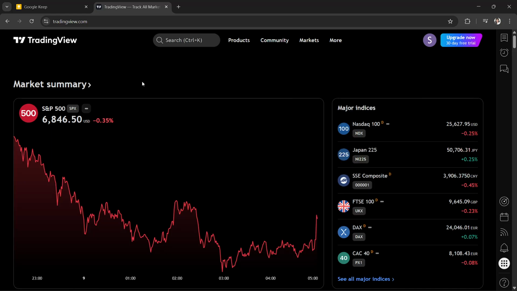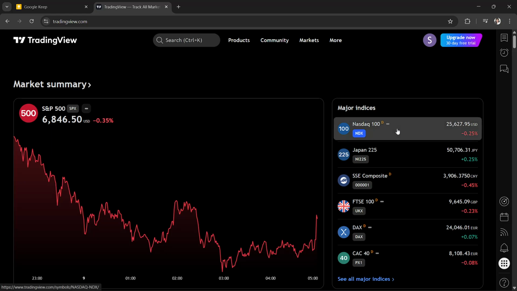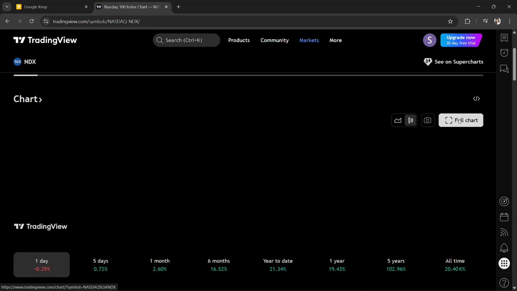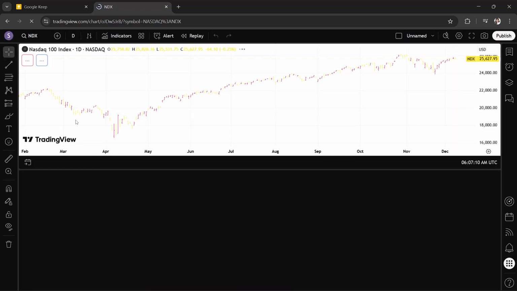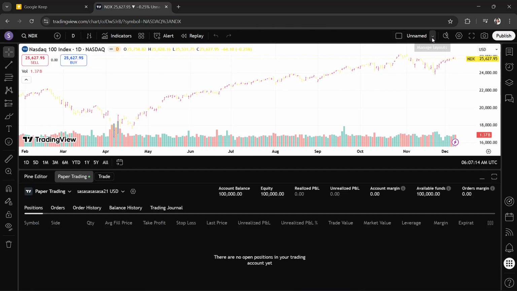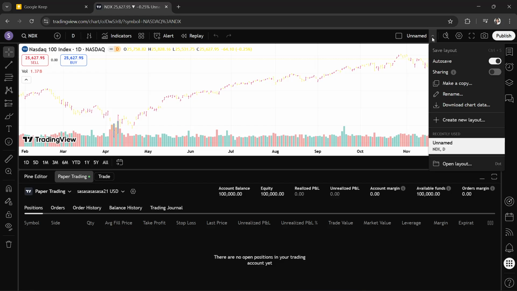So yeah, once you're on your TradingView dashboard, just select a chart of your choice, and then you will just have to select full chart. And once you're here, what you will have to do is select this drop down menu right here which says manage layouts. So what you will have to do is just click that,